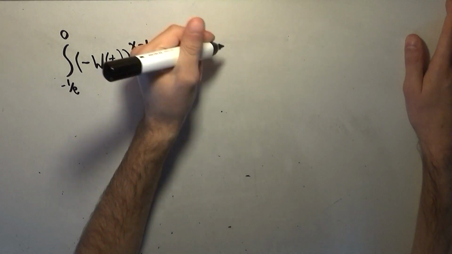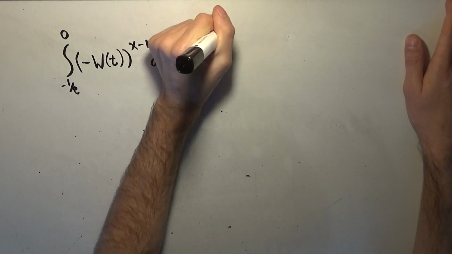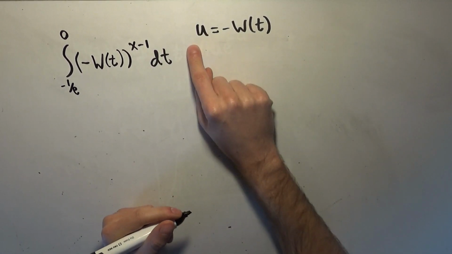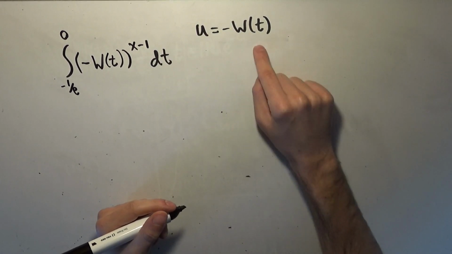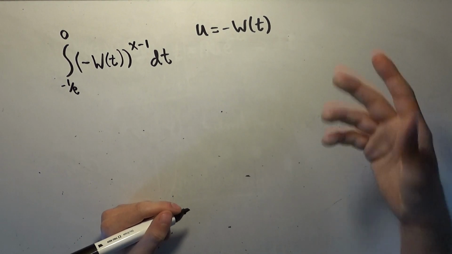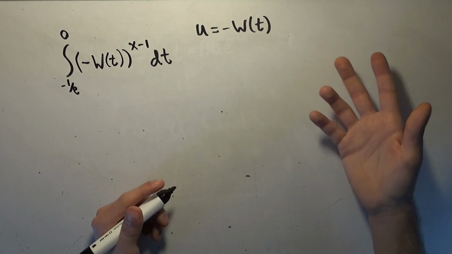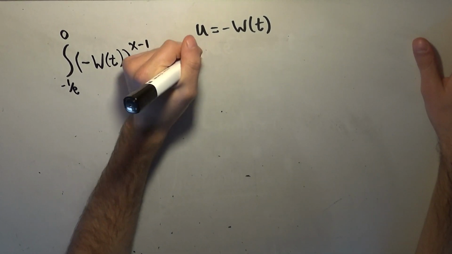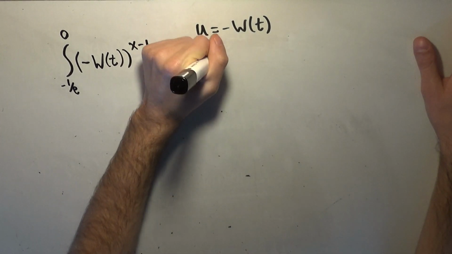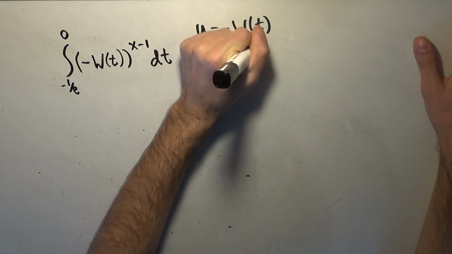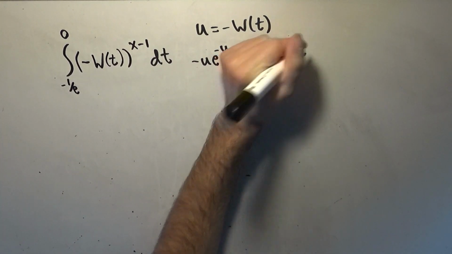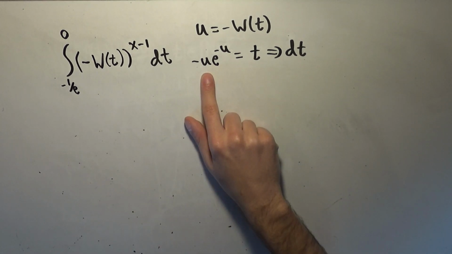So the substitution we're going to make is quite simply u equals negative w of t. Now, if we multiply the negative 1 over, we get negative u equals w of t. We can then use the inverse of w, which is t times e to the t, on both sides, and we get that negative u times e to the negative u is equal to t. Which tells us what? That tells us that dt is equal to, well, if we do the product rule,